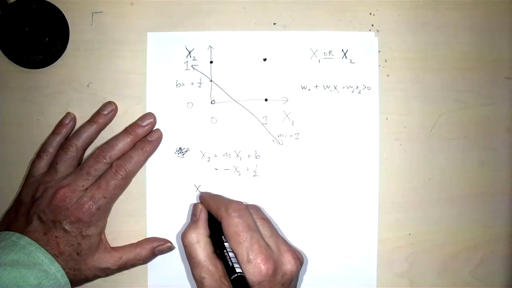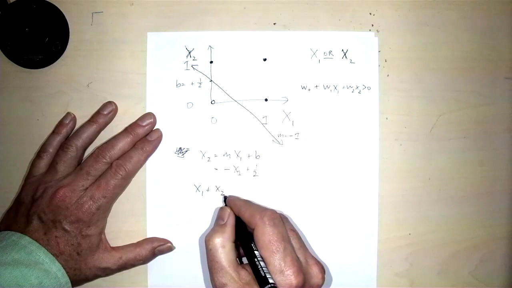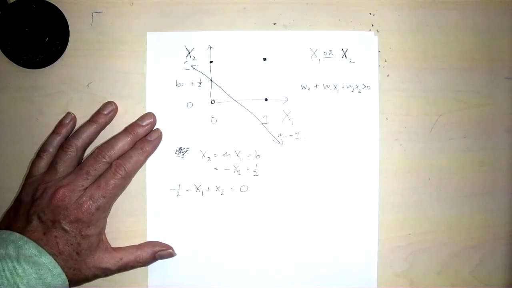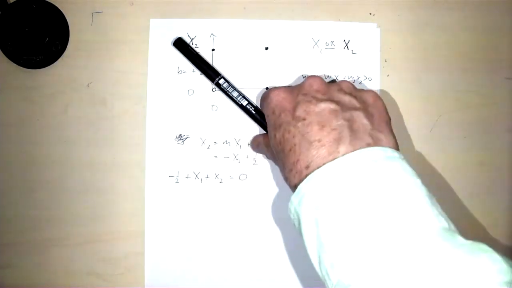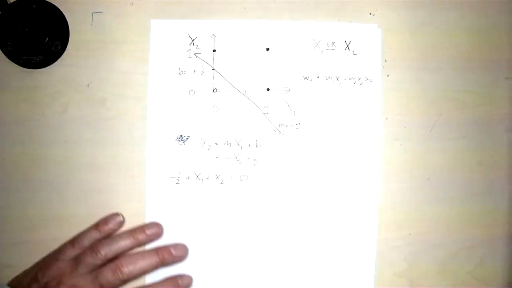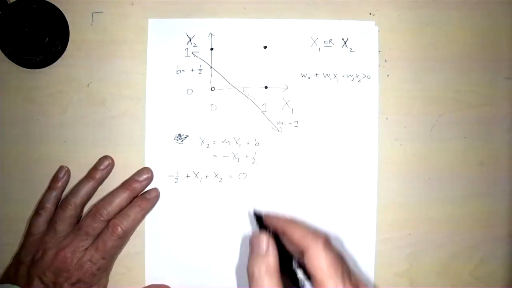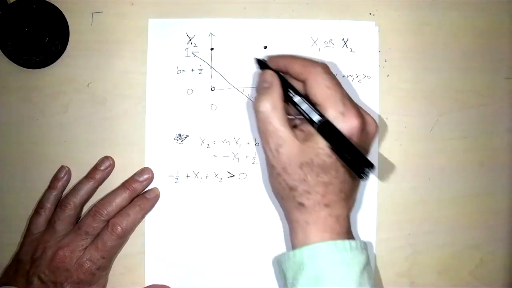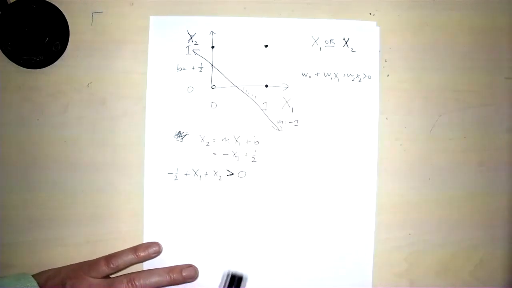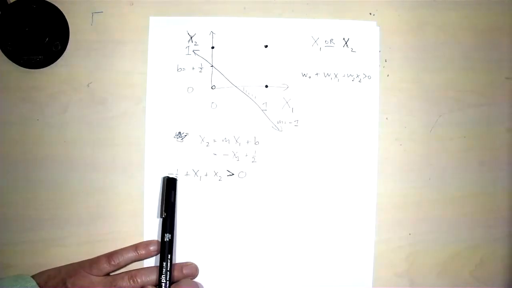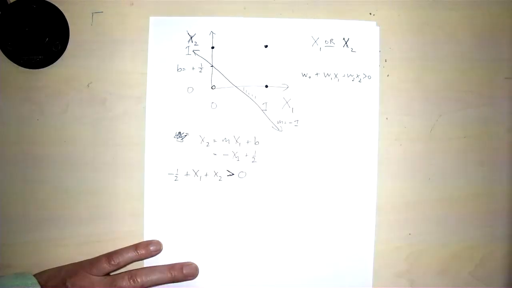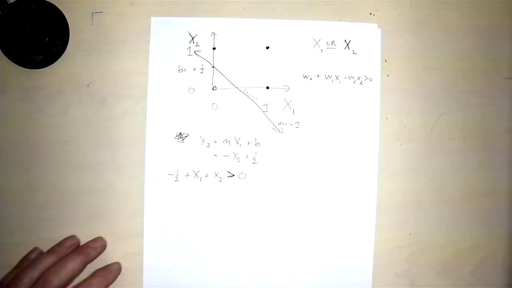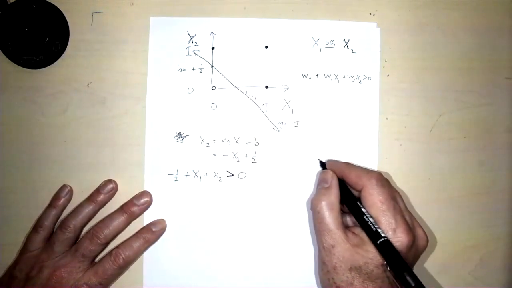I get x1 plus x2 minus 1/2 plus x1 plus x2 equals 0. That's the equality, that's the actual line, but then I have to decide which side of the line I'm looking at. It turns out these black points are, if I pick one point here like 1, 1, this is minus 1/2 plus 1, so that's bigger than 0. So the black points are the ones where this is bigger than 0, and the white point is where it's less than 0. And we can draw this as a little